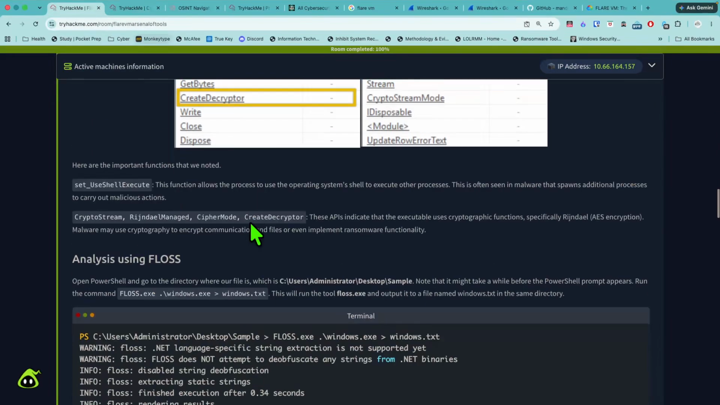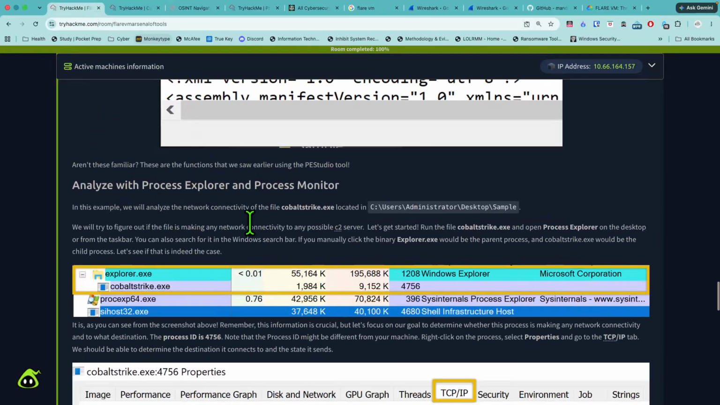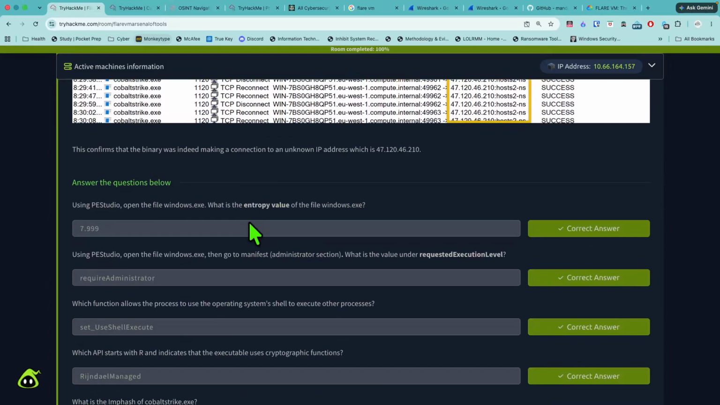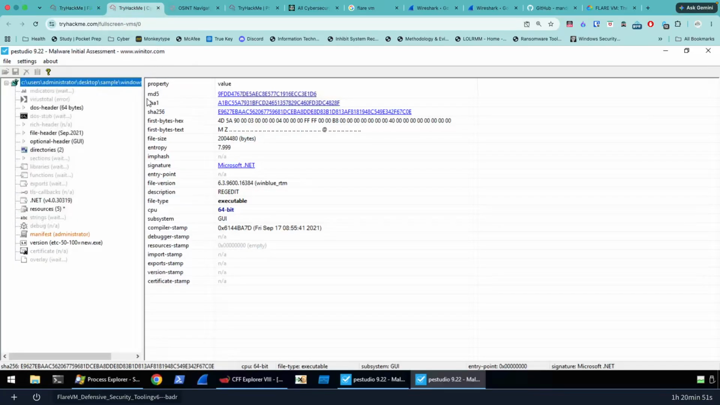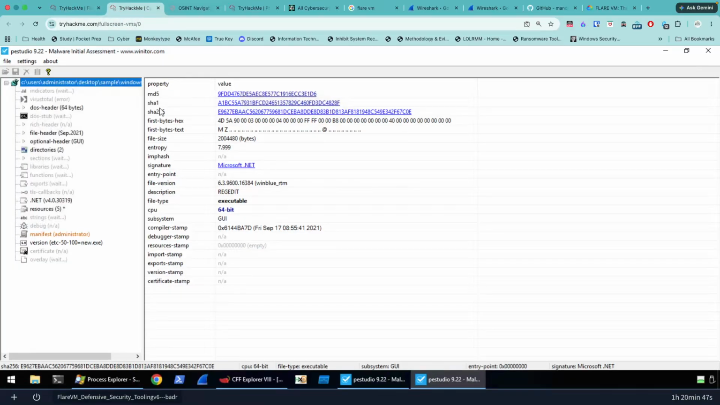And so we're going to answer the question. Floss, Process Explorer, and Process Monitor. Really cool. We're going to open the file which you have done, and we're going to try to find the entropy value of the file windows.exe. So the entropy value is going to be 7.999. And